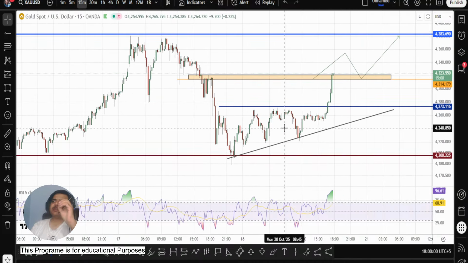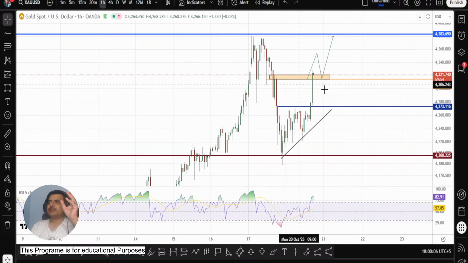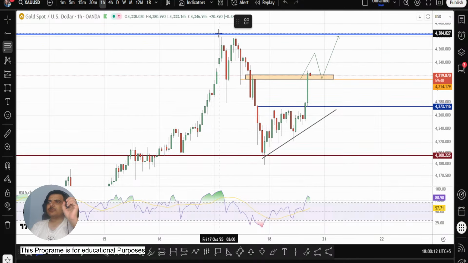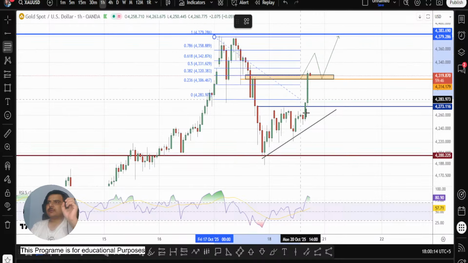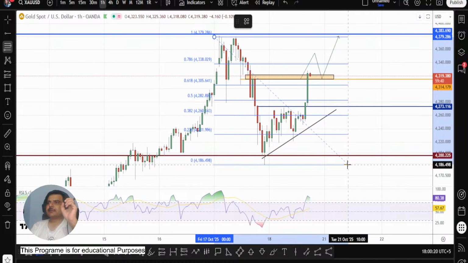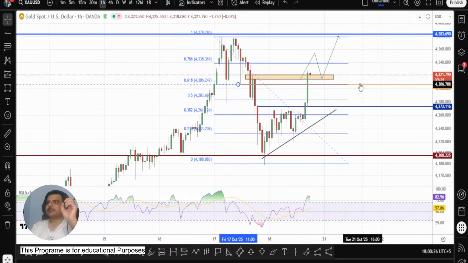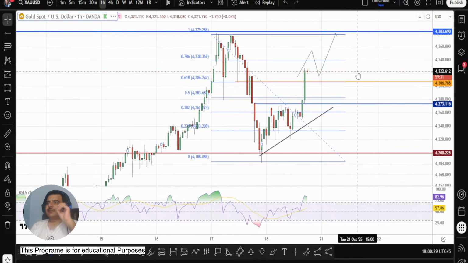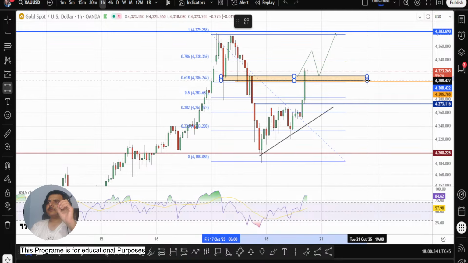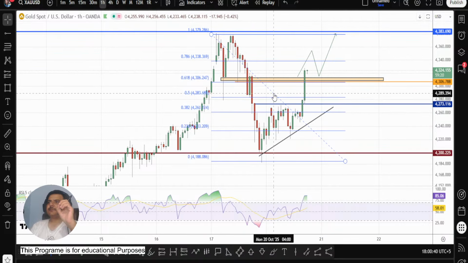Till now, so far, intuition wise, feeling wise, I think the breakout has occurred on the H1. Let me do it a little bit more precisely with the Fibonacci so that I know exactly if that happens or not. Yes, we have got a break of structure right here. Now we have to find out if this break of structure is valid or not.